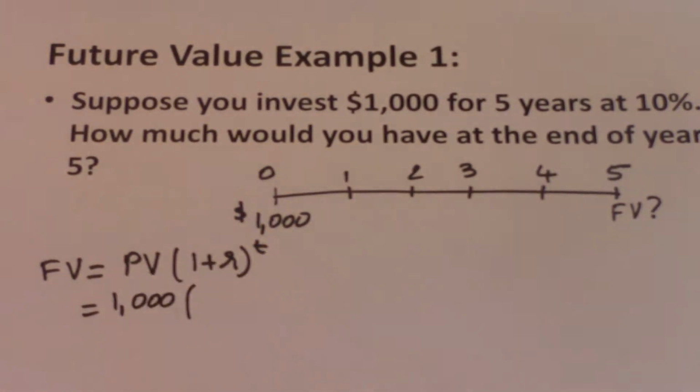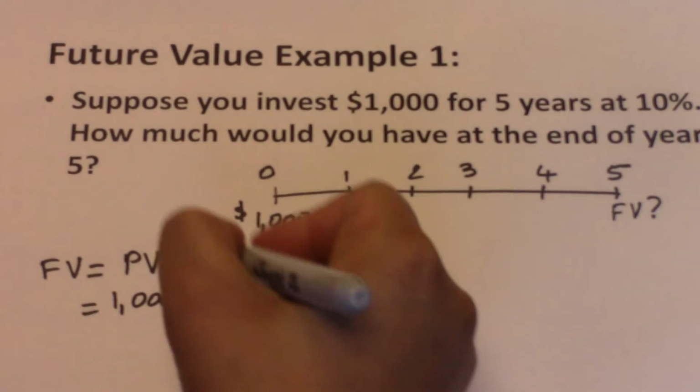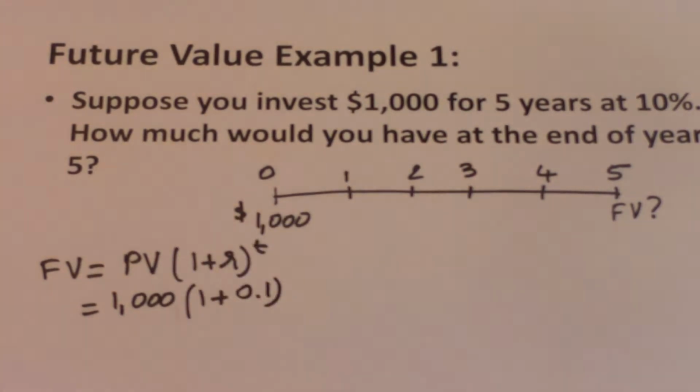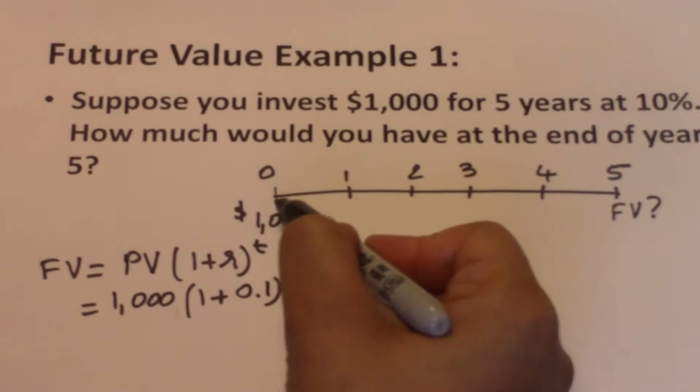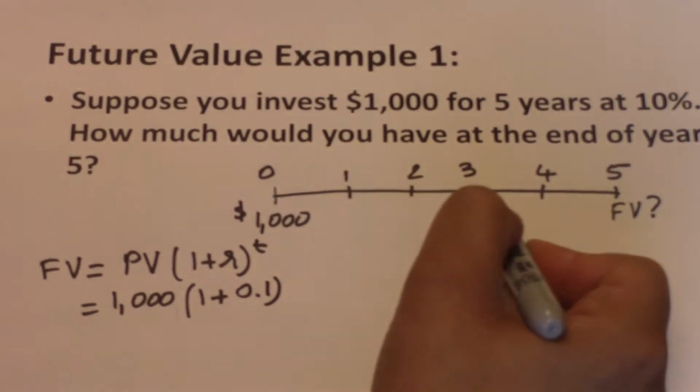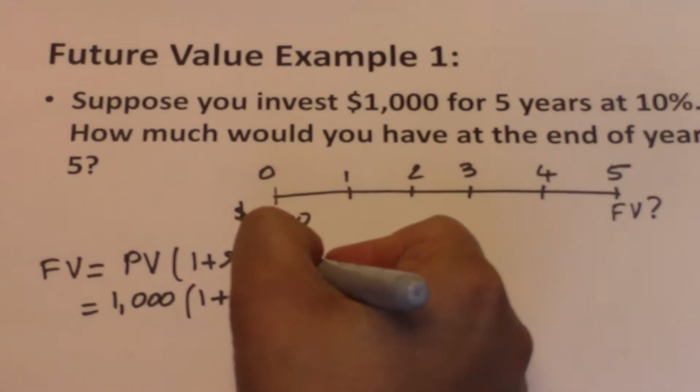The interest rate is the interest at which the money is going to grow, and this example tells us that it is going to grow at 10%, and we need to input that 10% into the formula as a decimal. So you take 10 divided by 100, that would be 0.1, so the r is 0.1, and t, we are investing for 5 years. So we invest today, and we wait 1, 2, 3, 4, 5, and so t is